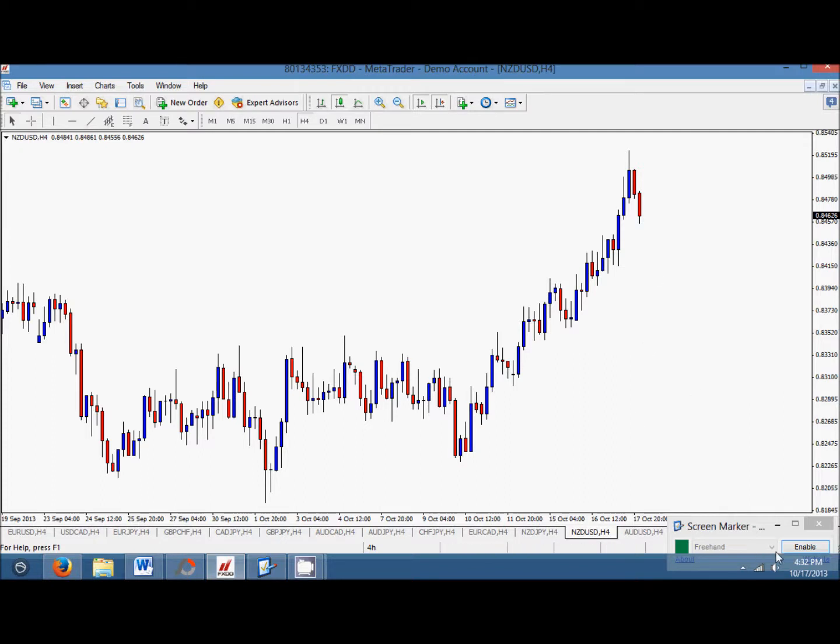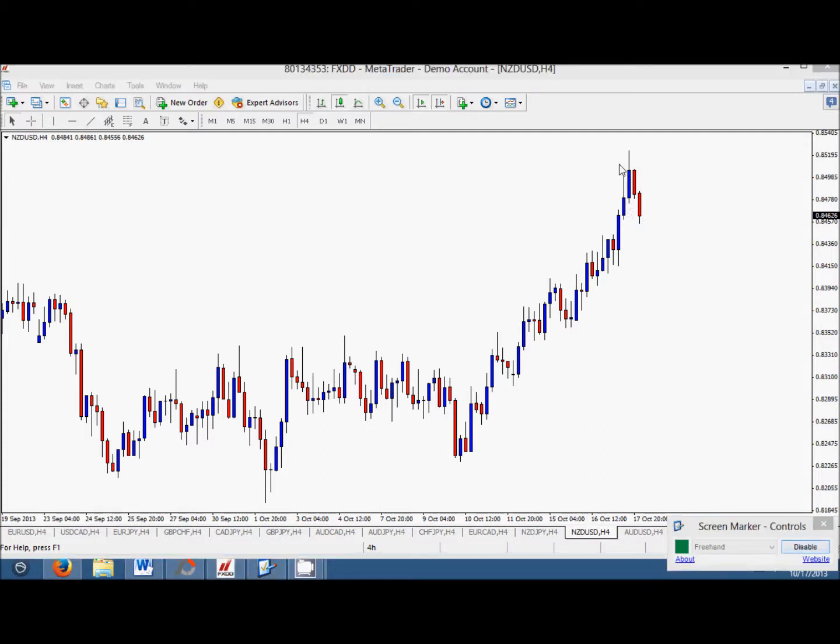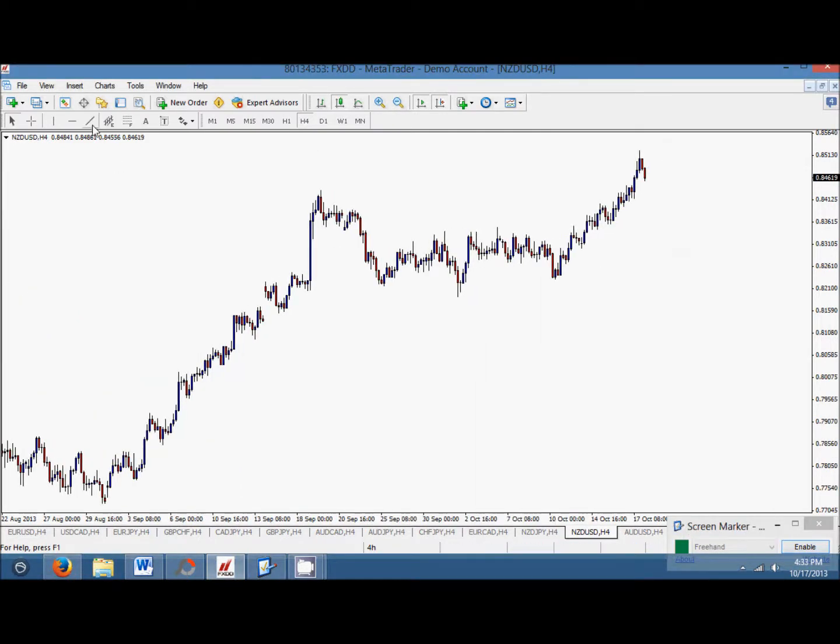Now what you see here is a pretty good looking 2-bar reversal right here. Now it's against the current trend, which is up, so we usually wouldn't take that trade, as we should expect price to pull back and keep going with the trend, because this 2-bar reversal is against the trend actually. So what we're actually going to be looking for on this chart is, if we zoom out,